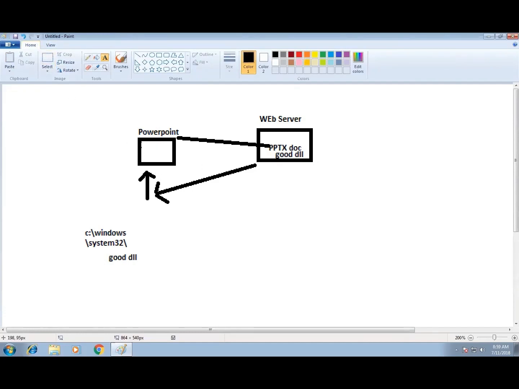Would Windows now, in its process of opening a PowerPoint, grab that DLL and use that, or would it still circle back and go to the local system? And the answer turned out to be that every time it would grab the one here,